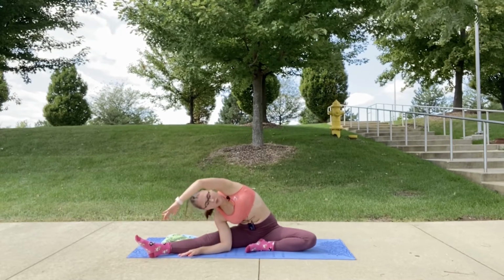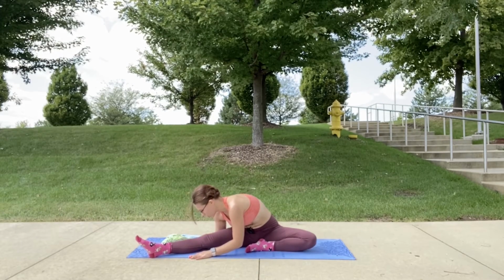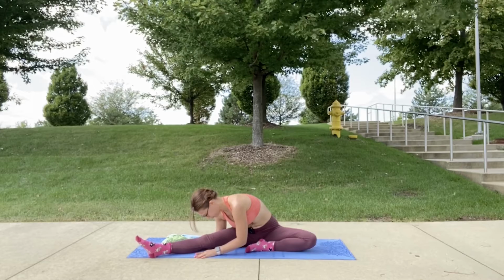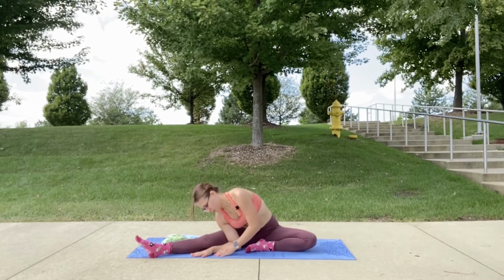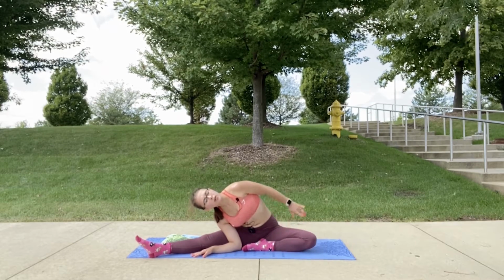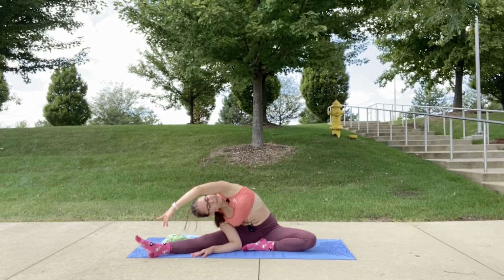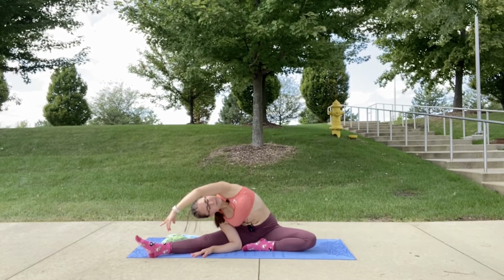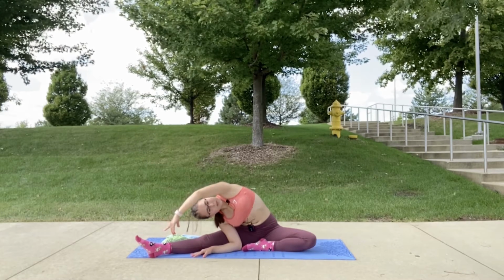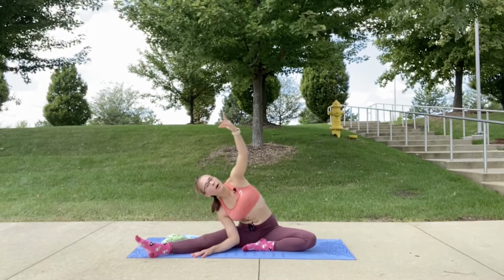If the side stretch is too intense for you, you can definitely just face your leg. It won't be really a side stretch, but if you're really feeling it in your leg, this may be a good starting point for you. Or you can just place your hand on the inside of your leg and not take your hand over. However you are ready in your practice to move in this pose. And we're going to take one more breath. And release, come back up